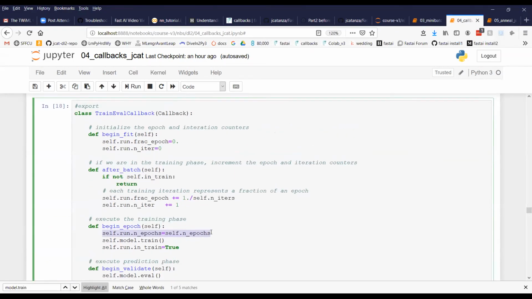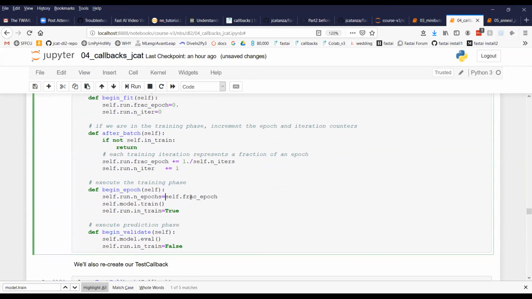I'm setting n epochs in this begin epoch function as frac epoch. That's what it should be. Sorry about this refactoring in the middle of it, but that's what I defined. This frac epoch is going to tell you how far you are through this epoch, and I had made a mistake by not putting